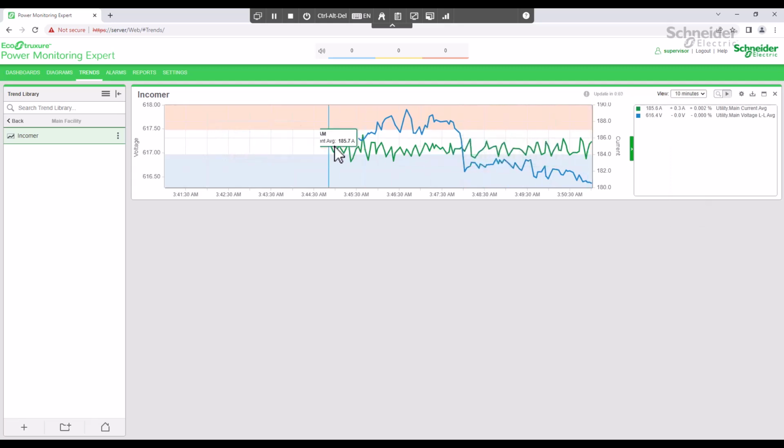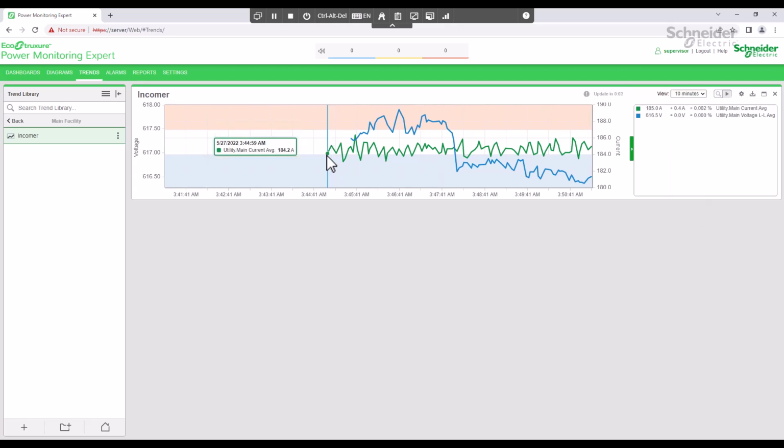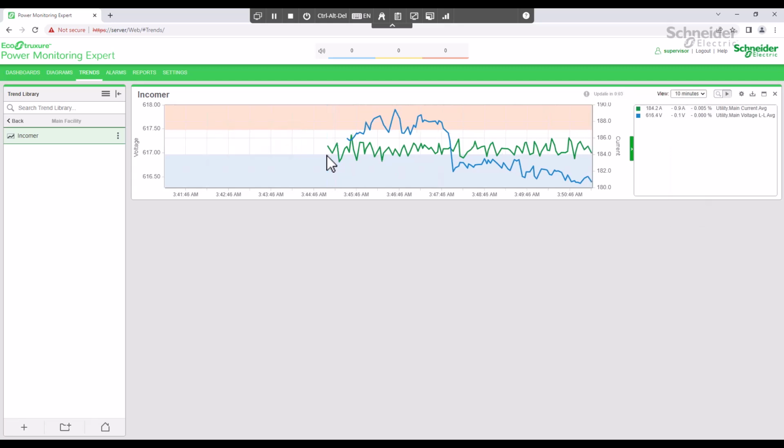Notice that both of my data series are approximately 6 minutes long. When the trend acquires a new data point, it also discards an old data point. This is due to the maximum number of data points per series.